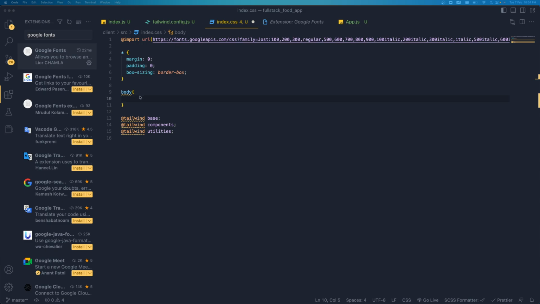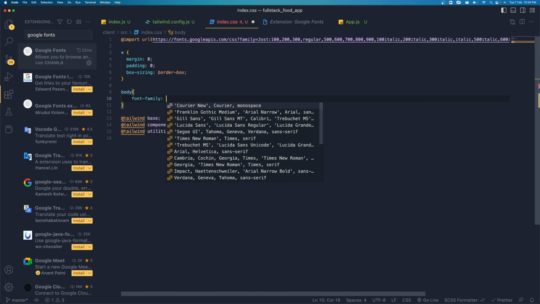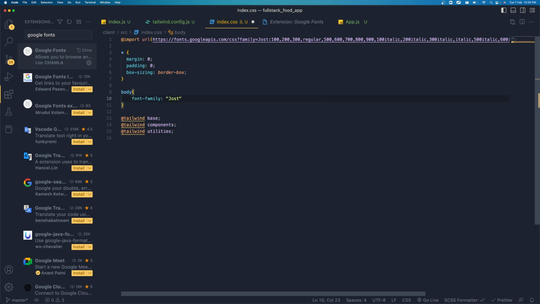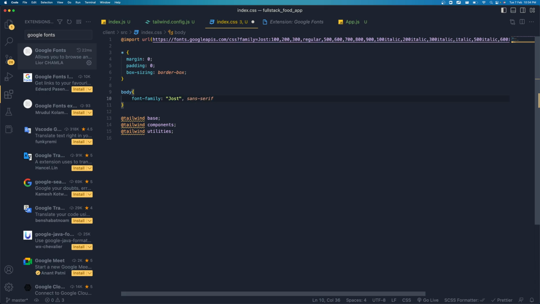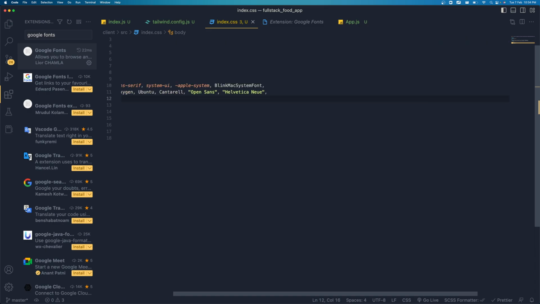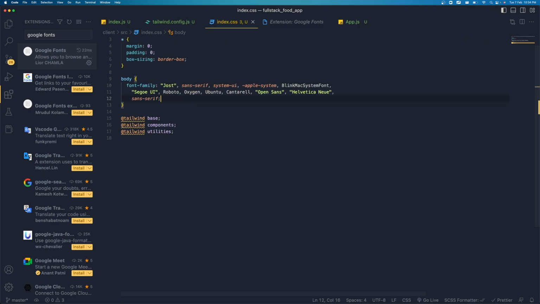All right, then. So now here, we're going to change this to a font family. I'm going to say font-family, and we're going to add the font which we downloaded, Jost. And if the font is not loading, we can use sans-serif. And after that, we're going to use these system UI fonts. All right, so now we added the fonts. Then what we need to do is just